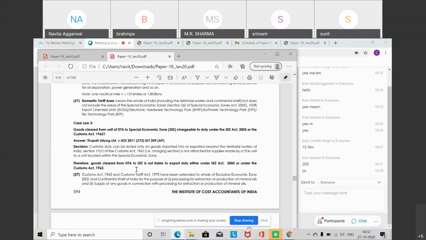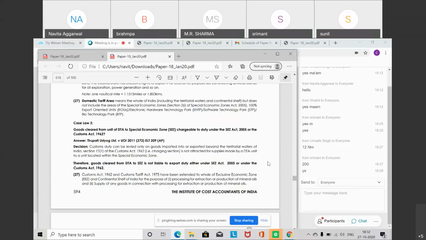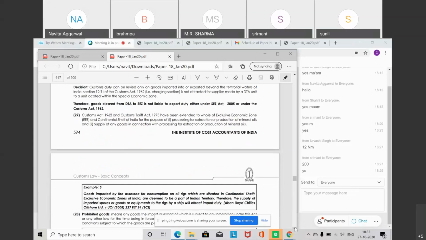Therefore, goods cleared from DTA to SEZ is not liable to export duty either under the SEZ Act or under the Custom Duties Act. So, if any case law comes based on this understanding, you can refer to this case study of Tirupati Udyog Limited. At least you should remember the case laws given in your study notes. Now,